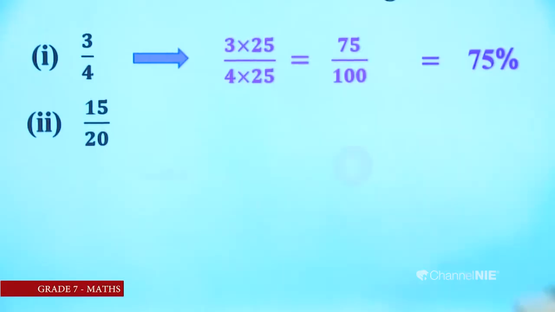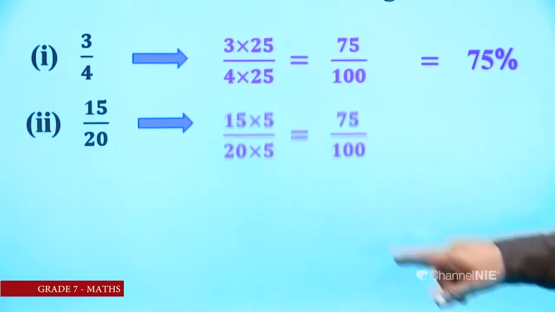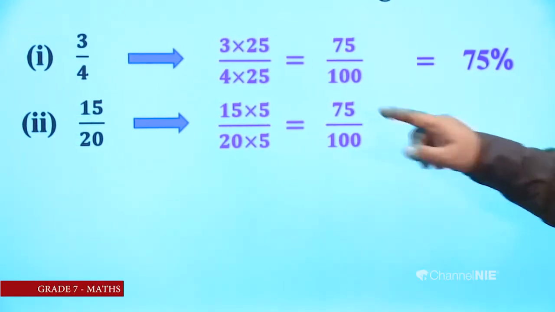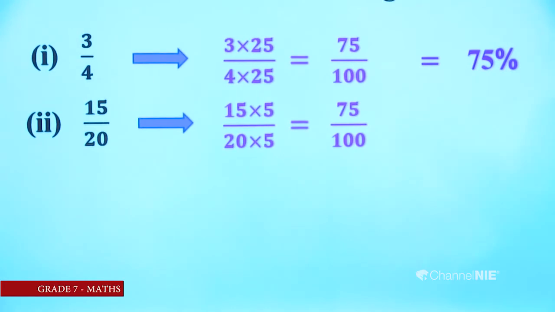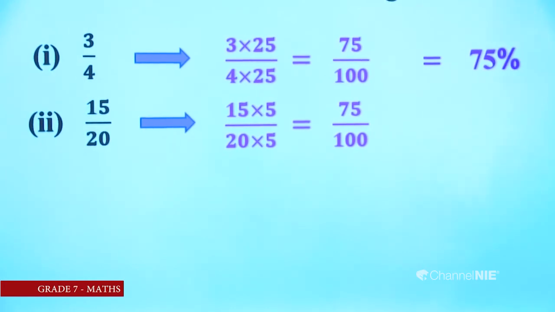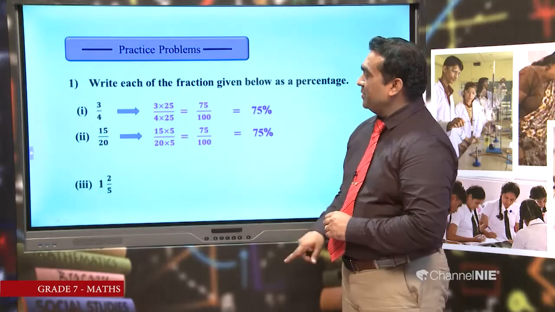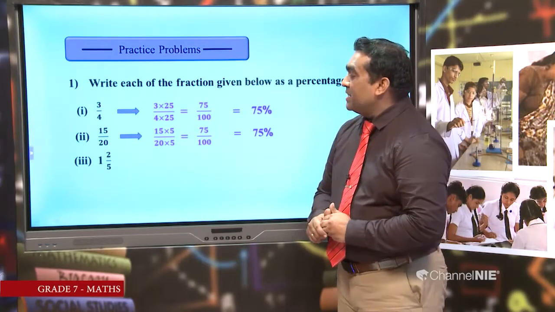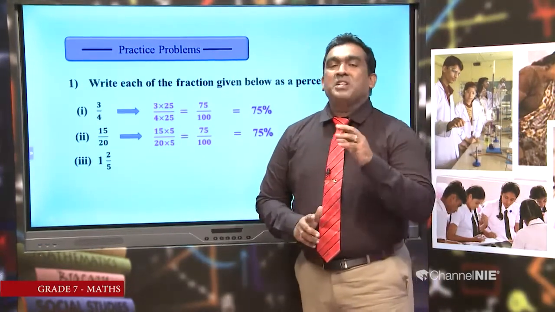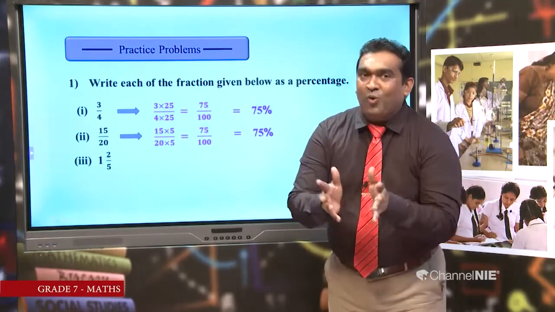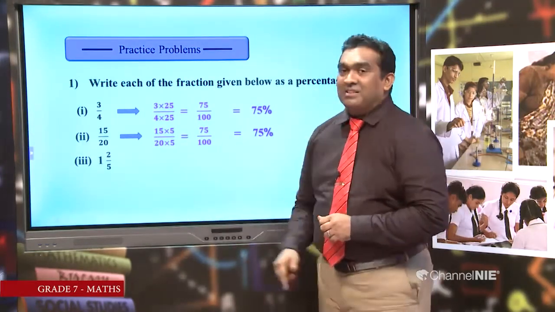You can see, 15 into 5, 20 into 5. Here 100, then 75. 75 over 100, the special fraction with 100 denominator, this is 75%. Same, no? Same. Next one, 1 and 2/5, a mixed fraction, a fraction with a whole number,